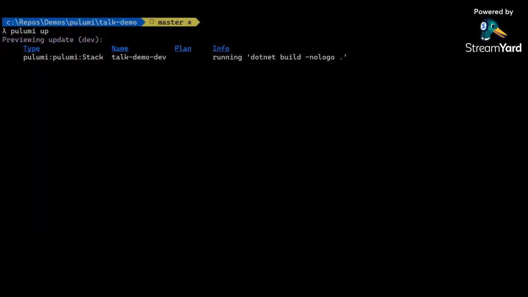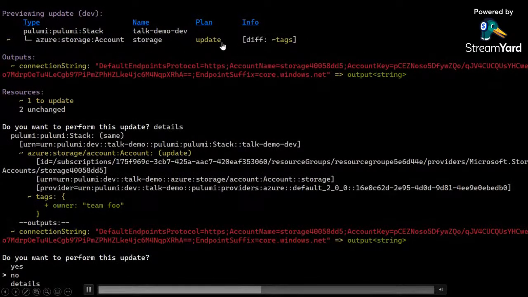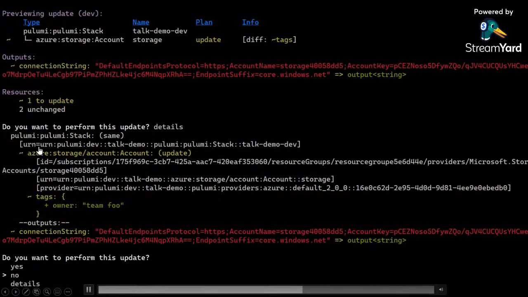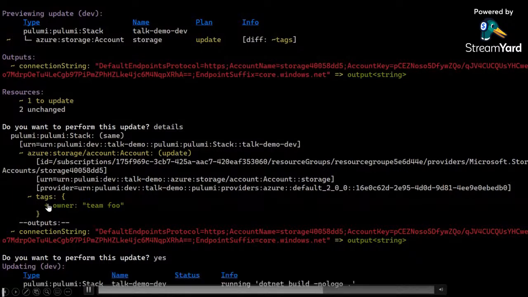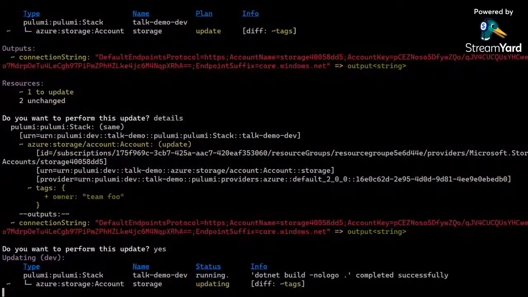Well, if I come back to the CLI and I run Pulumi up again, Pulumi does something similar to Terraform in that it maintains a state of your resources. So it's now going to compare the code I've got to the state it thinks the resources are in, and it will do a diff. Now you can see that it's saying I'm going to change these tags, and it lets me drill in further. I can see that this tilde means it's going to modify these tags, and the plus tells me it's going to add those key value pairs. So if I let that run through, hopefully that UI gets out of the way.